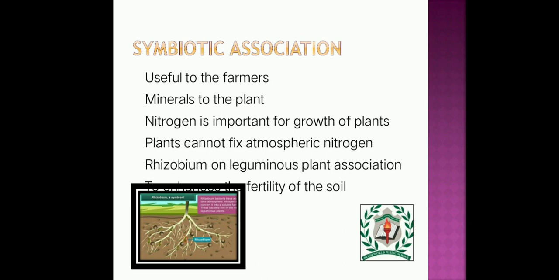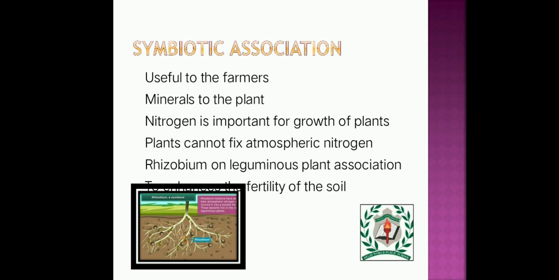Rhizobium will live in the root nodules of leguminous plants. So what will happen? These leguminous plants give a place for the microbe to live. In turn, rhizobium will fix the atmospheric nitrogen for the plant. This bacterium gets associated with the roots of leguminous plants such as peas, beans and gram. Then the plant provides food and shelter to the bacterium. Rhizobium will fix nitrogen for the plant, and this helps in replenishing the nutrients in the soil, because again and